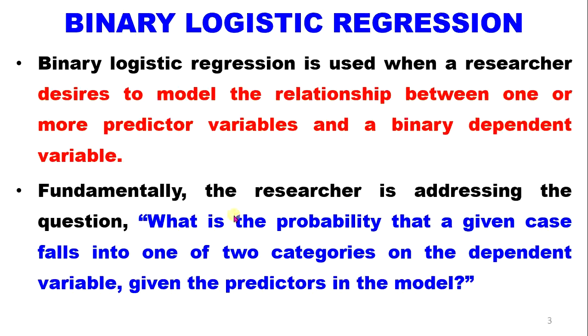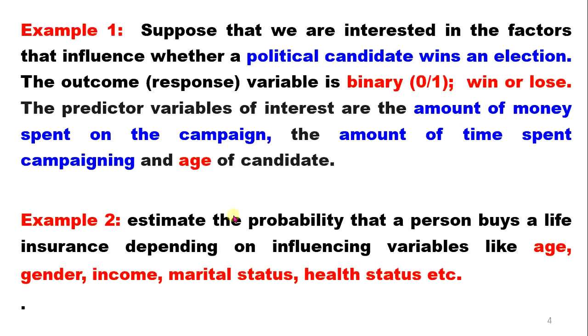ስለዚህ fundamentally the researcher is addressing the question what is the probability that a given case falls into one of the categories on the dependent variable given the variables ማለት ነው እና ይሄንን በምሳሌ እስቲ ላሳያችሁ suppose that we are interested in the factors that influence whether a political candidate wins an election what is the outcome ወይ response variable it's binary 0 እና 1 ነው የምናደርገው ወይ win ነው የሚያደርገው ወይ ደግሞ lose ነው የሚያደርገው ማለት ነው